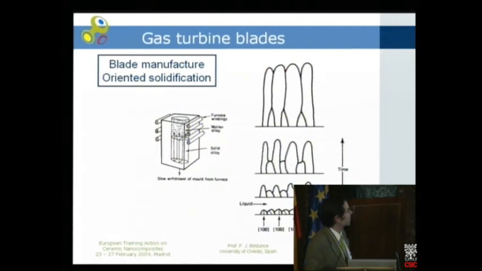We can do that, for example, going to the manufacture of the blades. These blades are usually manufactured by means of casting and molding from a liquid alloy. In this case, this is the mold, this is the induction